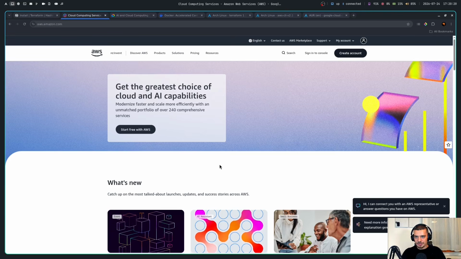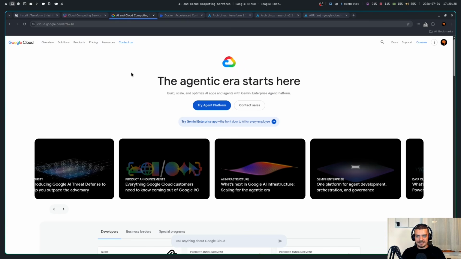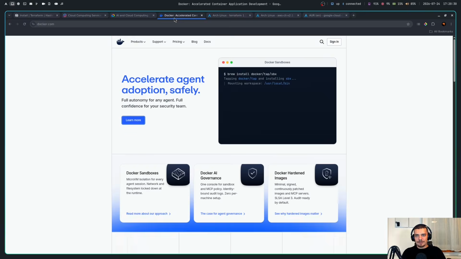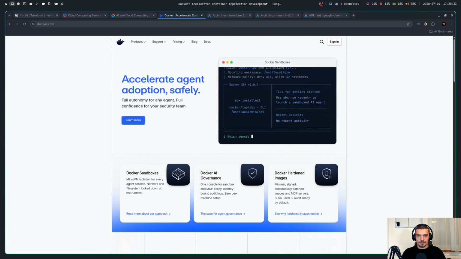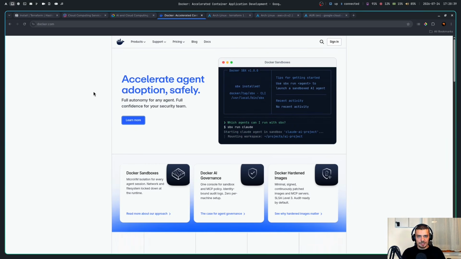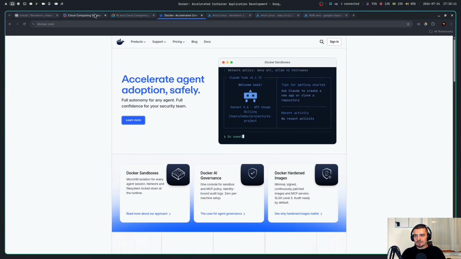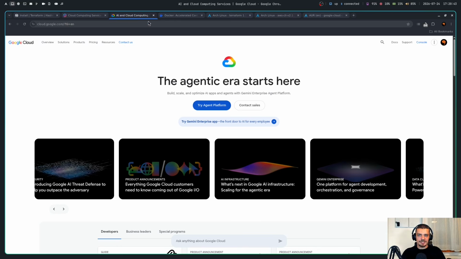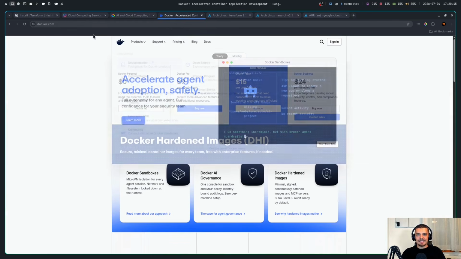So for that, I'm going to use AWS today. For the majority of this video, we're going to focus on AWS, but I also want to show you, for the sake of completeness, one simple Google example, so a GCP example, and one simple example using a local Docker container, just so you can see that we can work with different providers here. But it doesn't make sense to cover everything that's possible. I just want to focus on simple examples, mainly AWS, a little bit of GCP, and a little bit of Docker.